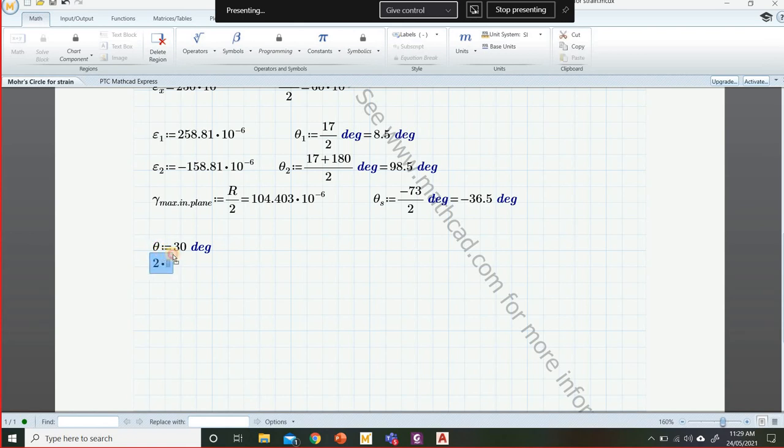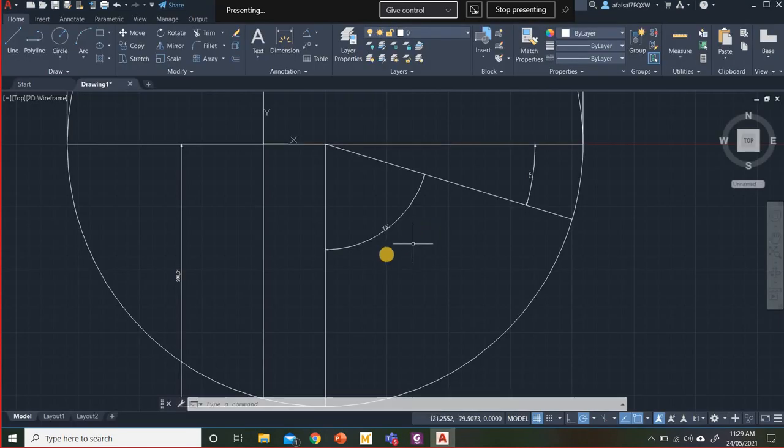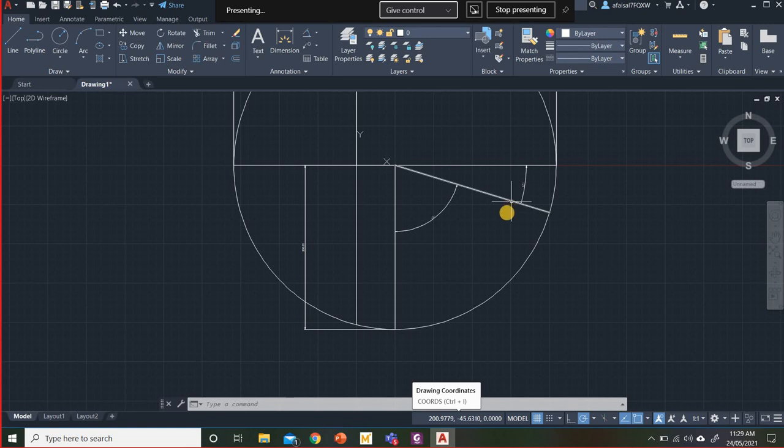थीटा, ठीक है। अगर मुझे 30 डिग्री पे चाहिए तो मैं 60 डिग्री वहाँ पे शो करूँगा मोहर सर्कल में, ठीक है। I want it to be in degrees. तो इसका मतलब मैंने 60 डिग्री जाना है, इस रेफरेंस लाइन से मैंने 60 डिग्री काउंटर क्लॉकवाइज जाना है। और इसके लिए, पता नहीं आप लोगों ने असाइनमेंट में इसको कैसे किया है, लेकिन इसका आसान तरीका ये है कि आप इस